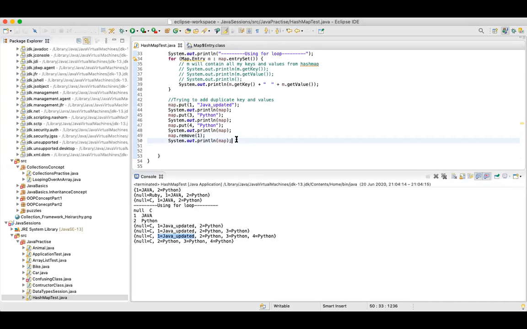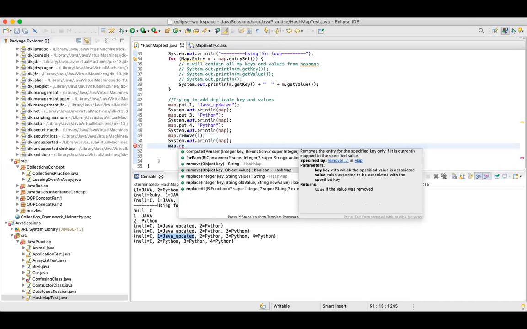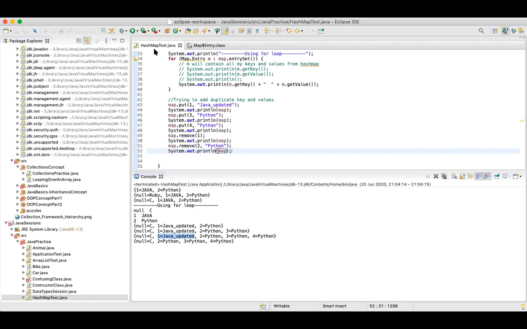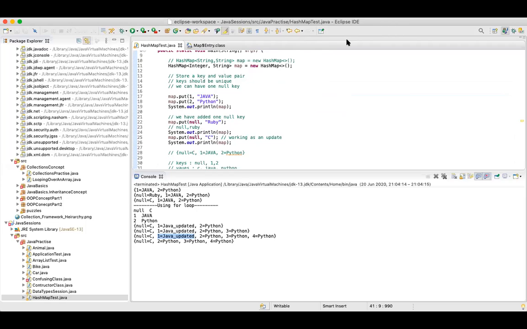Now let's say I want to map dot remove, and I'll specify the key. So this is my final list. I'll say 2, and I'll say Python. Now when I print my map, okay, one second, guys.